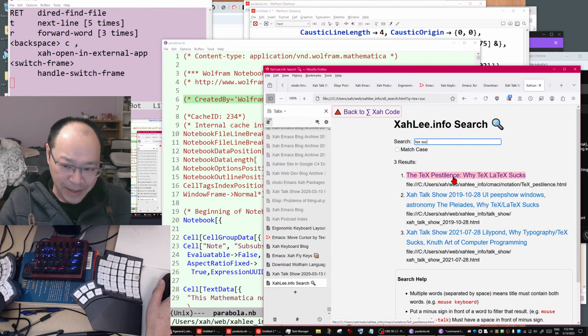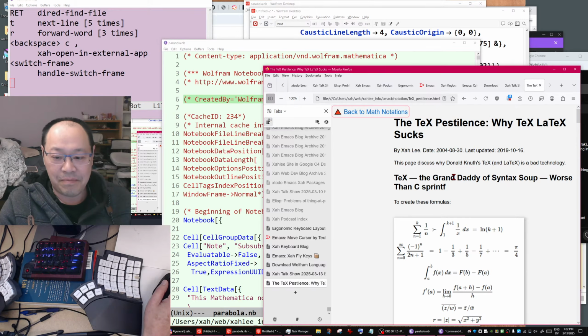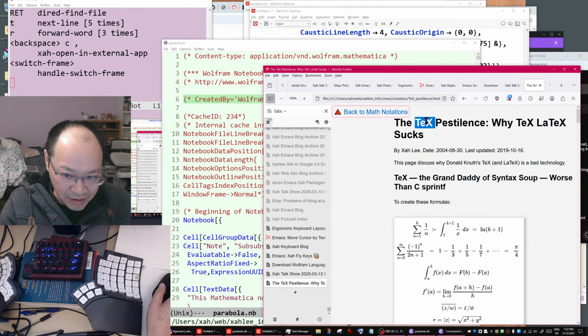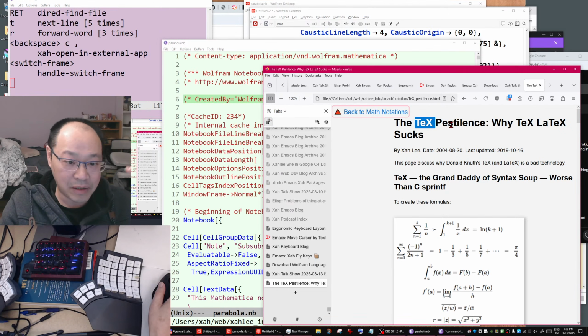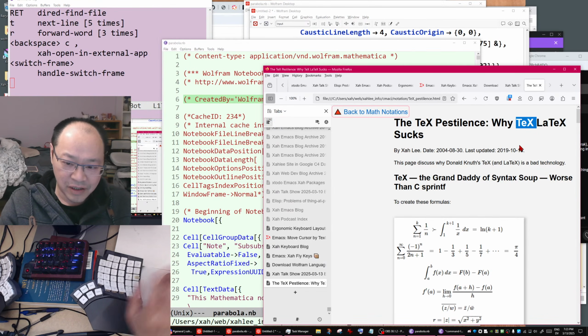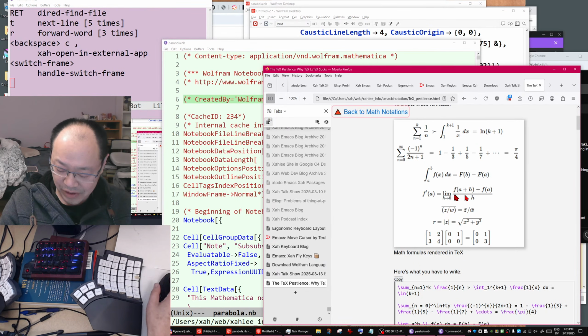Okay, the TeX pestilence. Why TeX and LaTeX suck. By the way, for you younger generation, this TeX is not pronounced "tex". The X is pronounced CH, kind of. That's what Donald Knuth says. That's what it's supposed to be. TeX and LaTeX. So for example, these are the typical